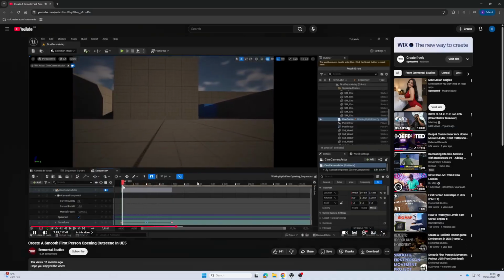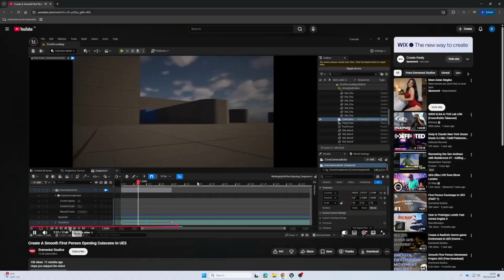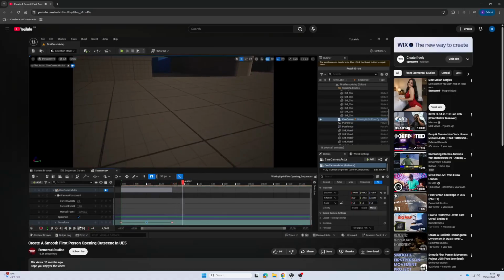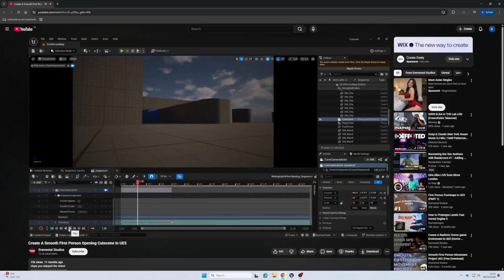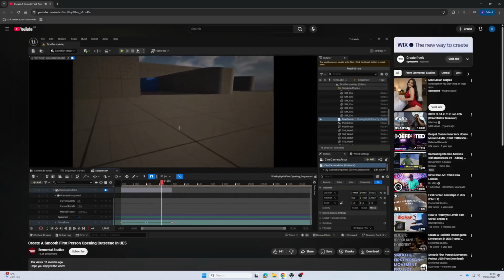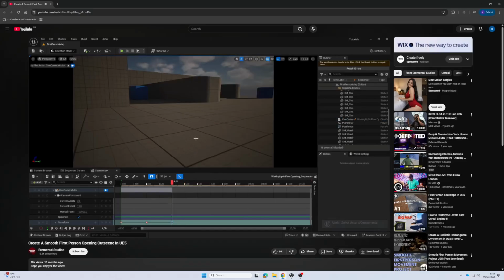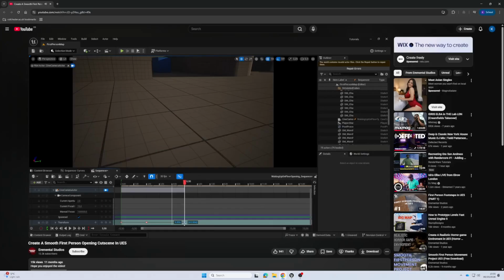So now, as you can see, I have this animation. And that animation was a bit too fast. I looked there and then I just stood up immediately, which isn't really that realistic because we want it to smoothly look good. So what I want to do is to actually drag this keyframe to about 5 seconds so